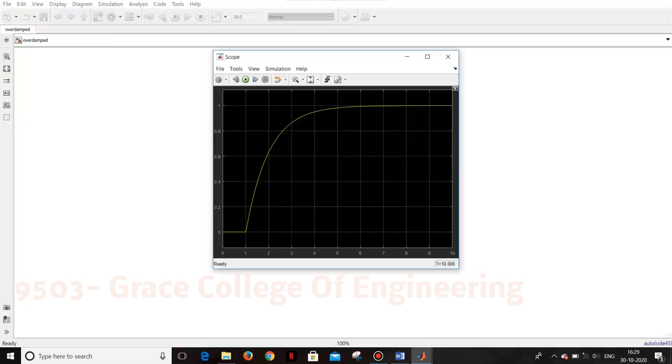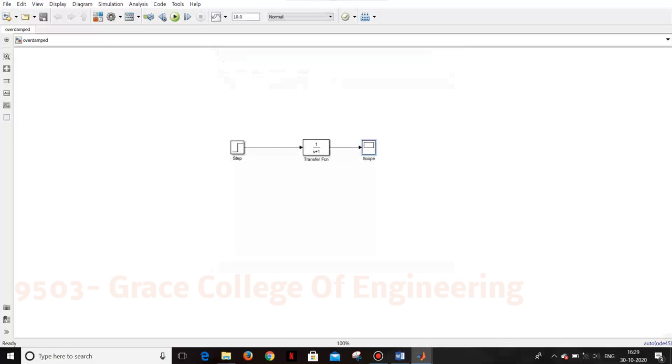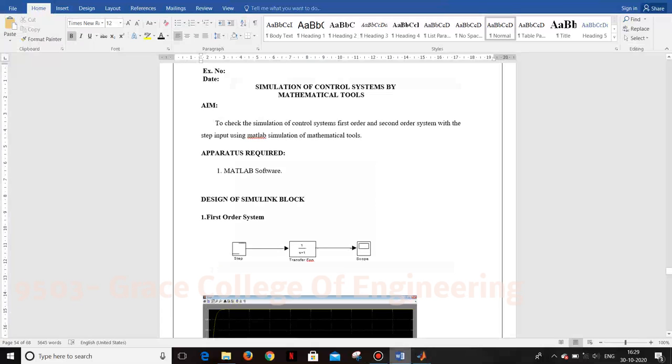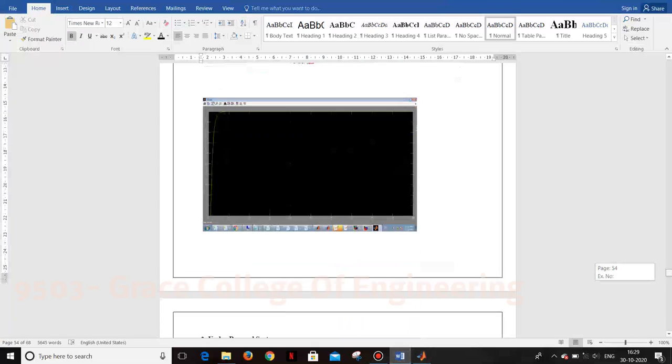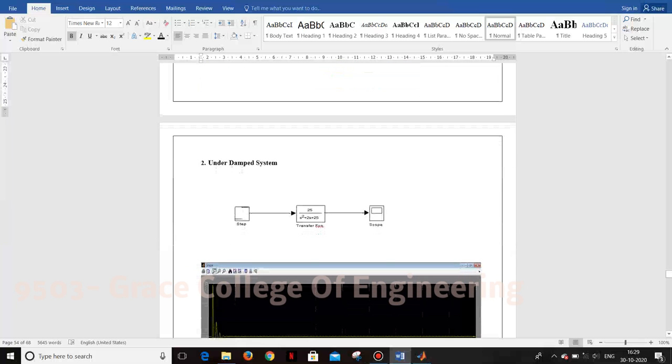So it is having 1 by s plus 1. So from the 1 it's taking the step input. So this is the first order step input transfer function using the mathematical tools. So next we are going to see the second order system by using the transfer function s square plus 2s